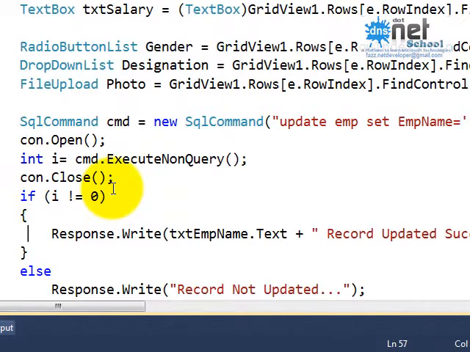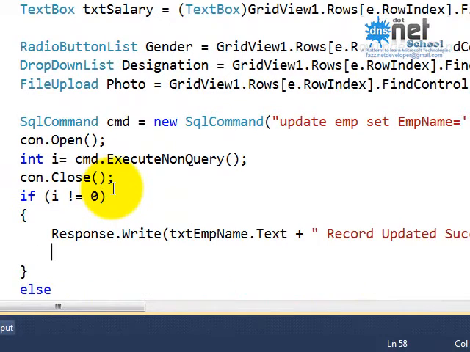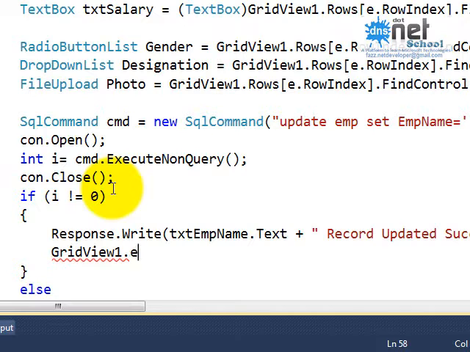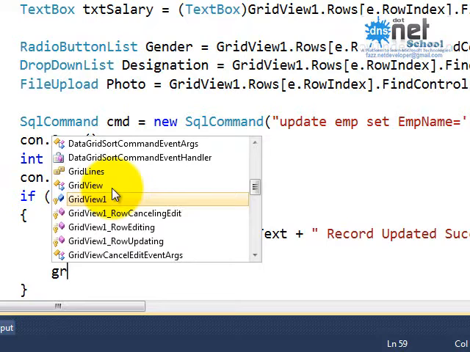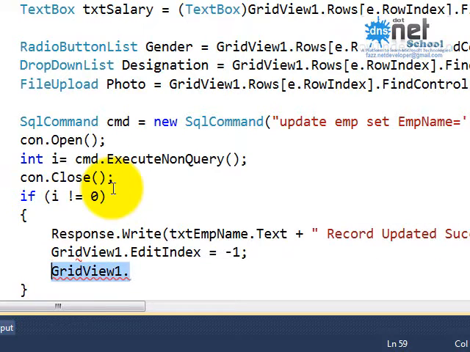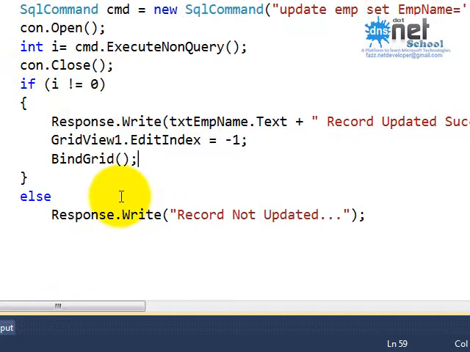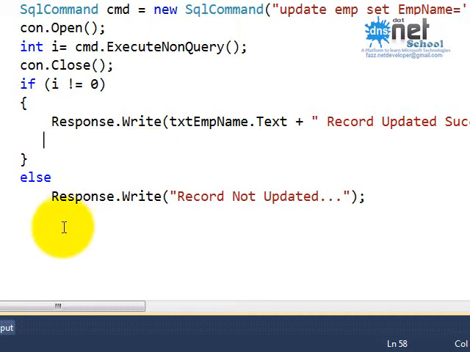So here after success, we need to just set the property of grid view edit index. So GridView1.EditIndex we should say equals to -1, and GridView1, sorry, the BindGrid method we should call. In both the cases we should call this, so I'll give it outside the otherwise.